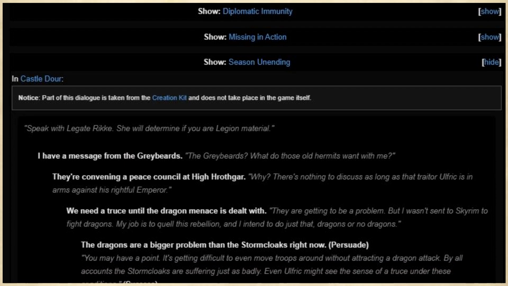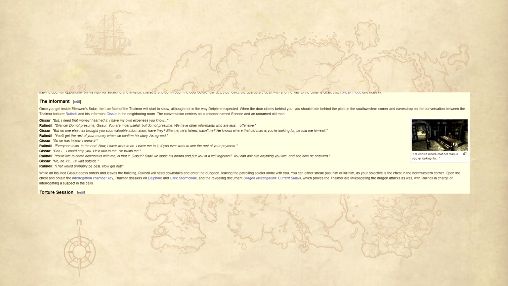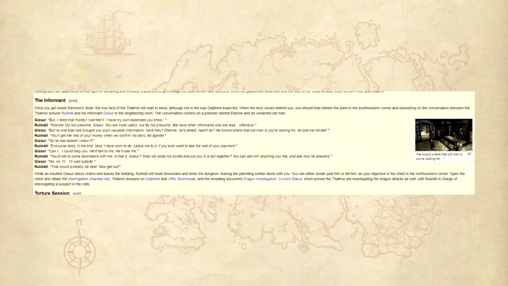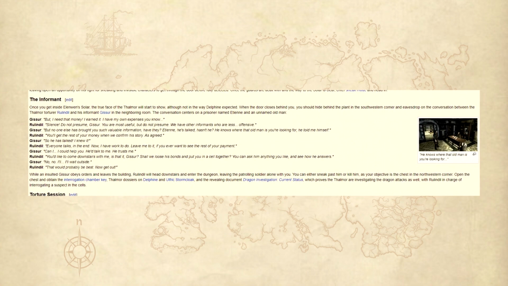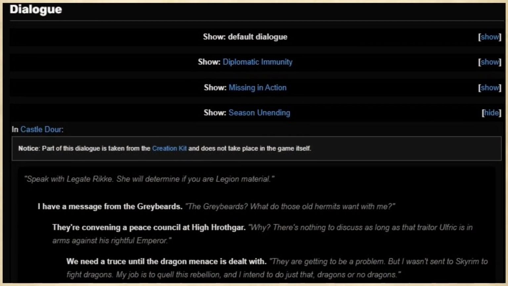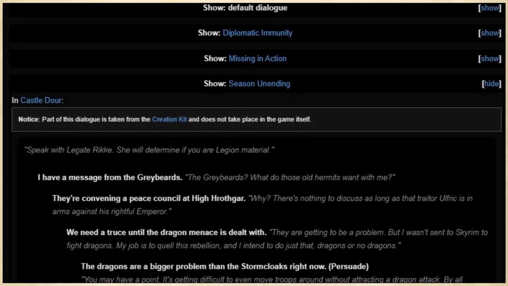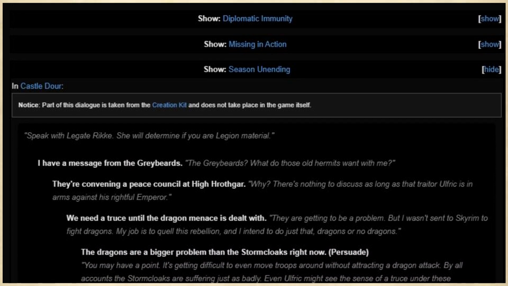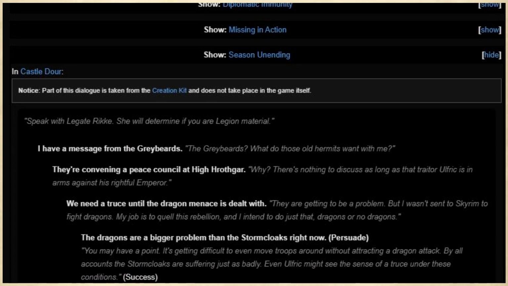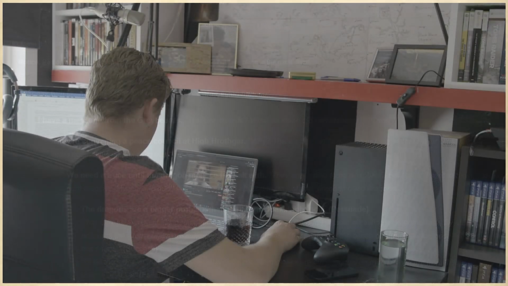UESP also has some of those, but I usually find them less structured inside the article, because they'll write an article about something like a quest and then just place the dialogue in the middle of that paragraph, like they force me to read the stuff that someone else wrote in order to get to the dialogue. So I personally really prefer the wiki when it comes to documented dialogue, because their layout is just a lot better in some instances, not all, because, you know, sometimes the UESP has stuff that the wiki doesn't have in terms of dialogue documentation,